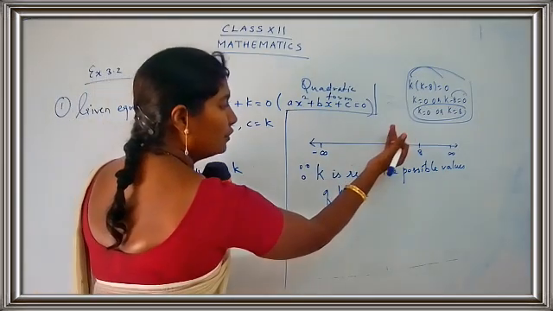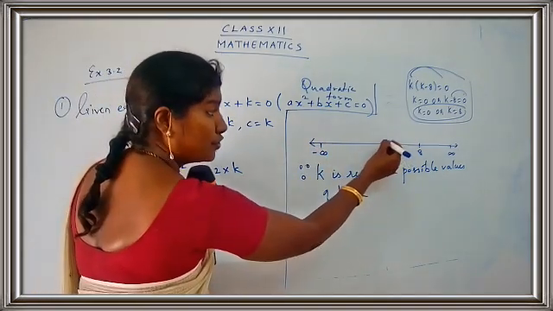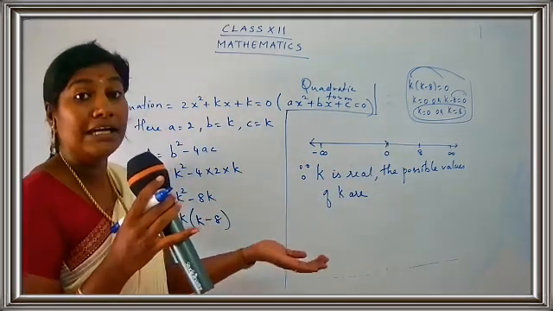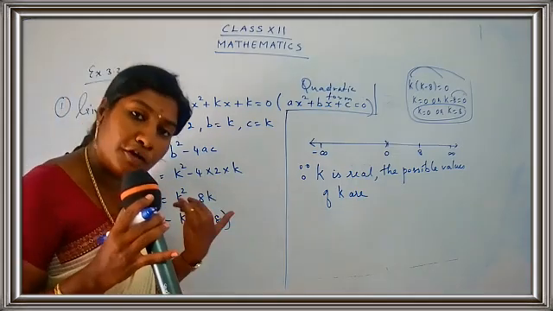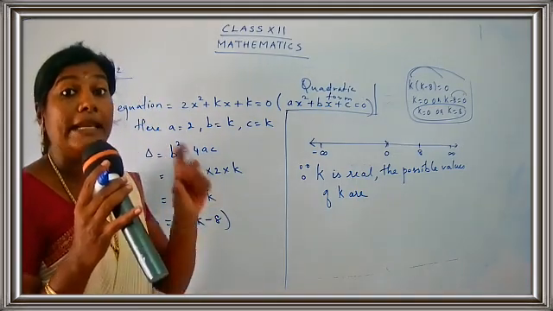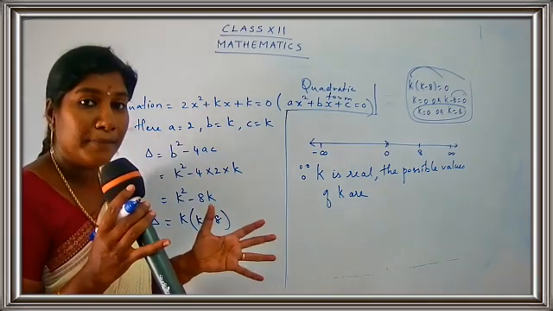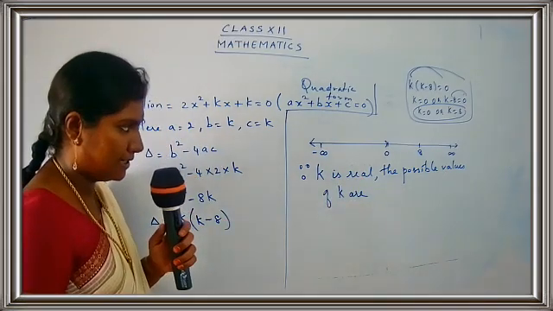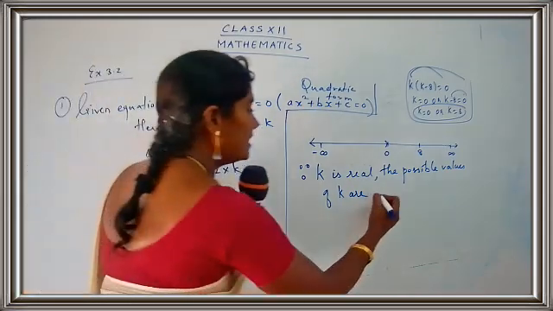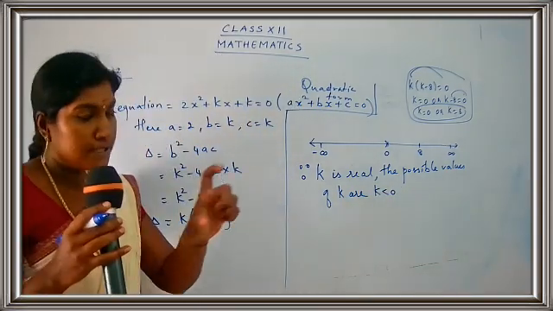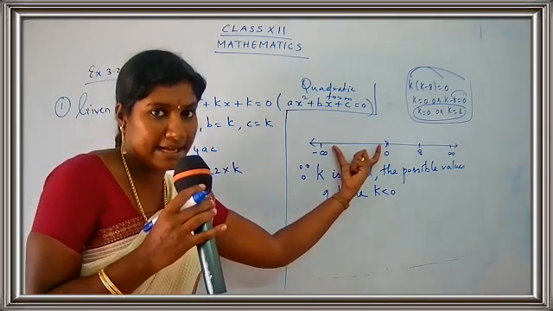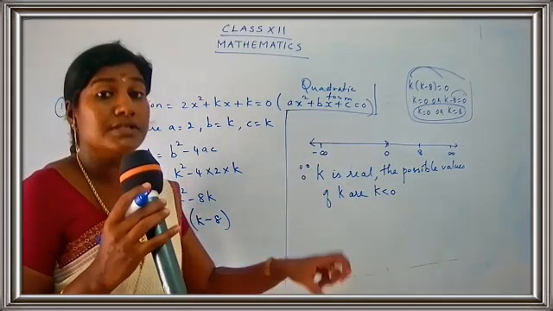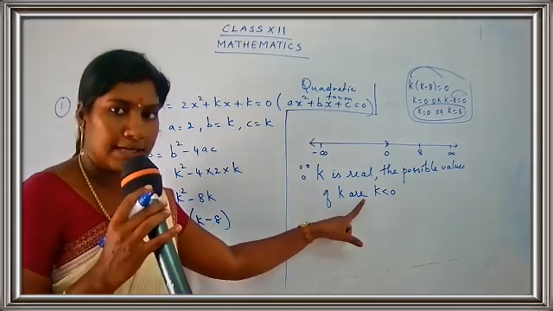The first thing is, you are going to choose this area. Which area? You are going to choose the area lying to the left of 0. What is the meaning of left of 0? That means you are going to take a negative number, less than 0. So since k is real, the possible values of k are, one is k less than 0. That is the first case. We are going to consider this area, that is, we are going to choose the negative values for k. Is the first case clear to you?